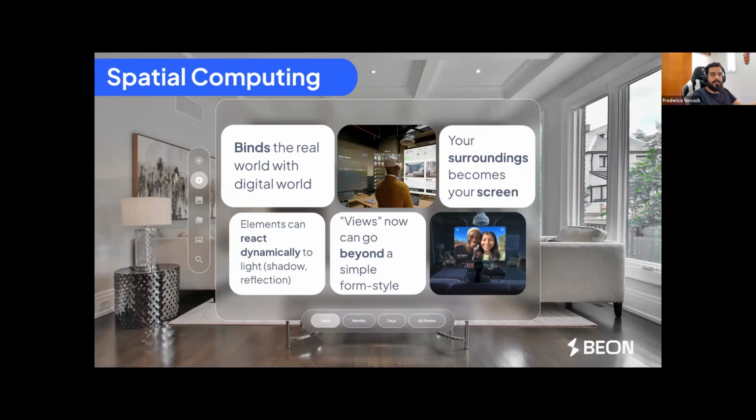Now it's not only that. We don't need forms right now. Of course, it's way easier to use. Our mindset is still focused on form style views, but now we can go beyond that. Instead of having a button that, I don't know, adds something to our screen, why not plot a table in front of you where you can grab a thing and see with your own hands what you're doing? Okay, so,